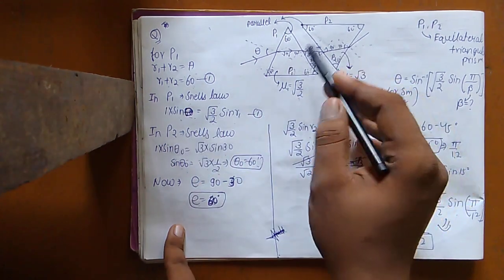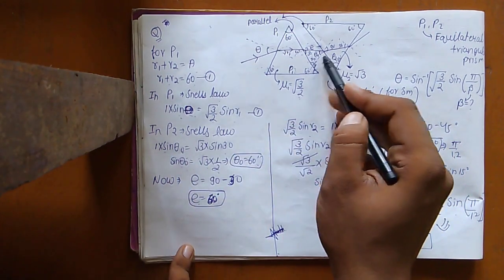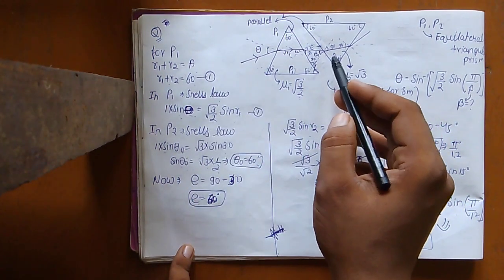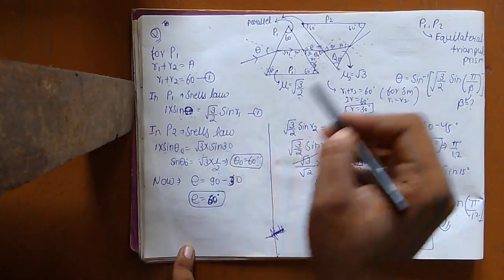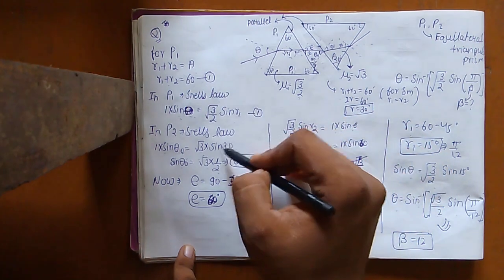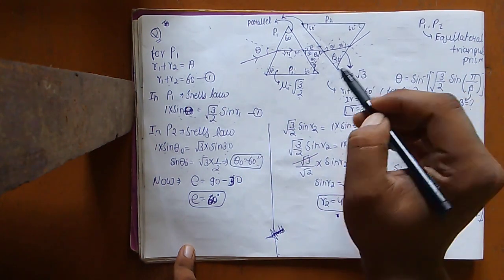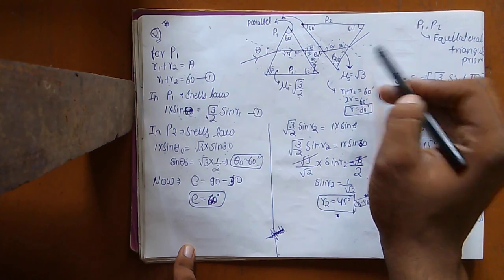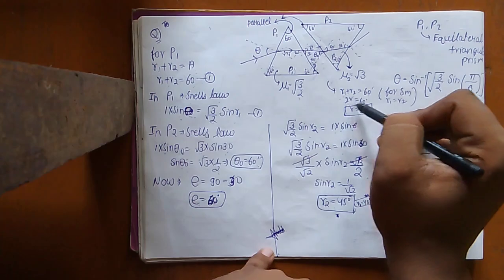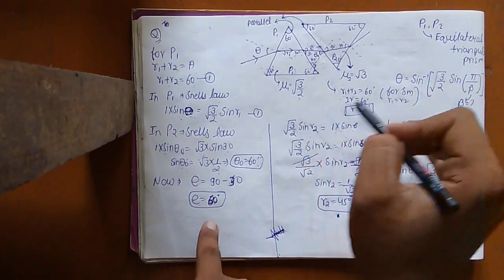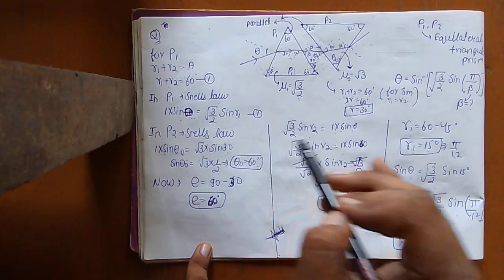And in P2 I am going to apply Snell's law at the first surface of P2. So 1 into sin θ0, let's suppose this angle is θ0 at which this ray is coming at the first surface of P2, equal to √3 into sin 30. Where did I get this sin 30 from? As we know that r1 plus r2 equal to A, means 60 degrees, and for the minimum deviation r1 should be equal to r2, let's suppose this is r only, so 2r equal to 60 and r equal to 30 degrees. I put this value in this equation and finally got sin θ0 equal to √3/2, means θ0 equal to 60 degrees.